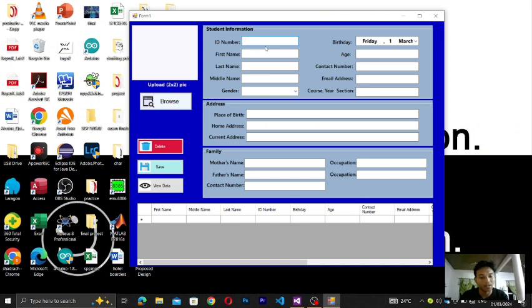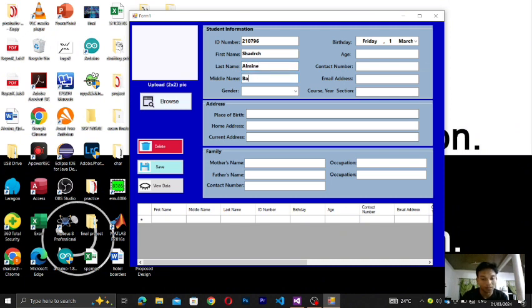So let's try 21. So let's say that's his or her number. And then first name, let's put my name, Shadrach. In here also I've put a code that allows valid letters only. So if I type numbers, numbers will not show in the text box, even symbols. So only valid letters. Same goes with last name and middle name. So let's input last name,